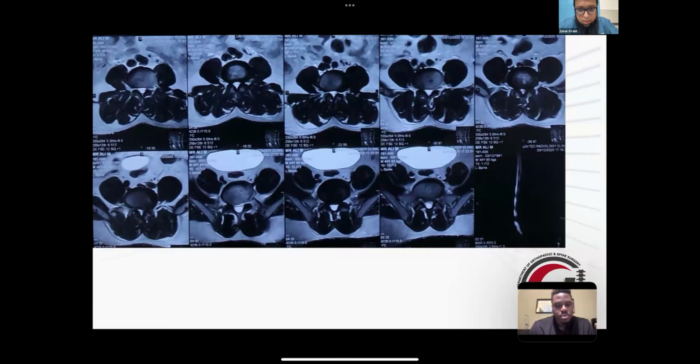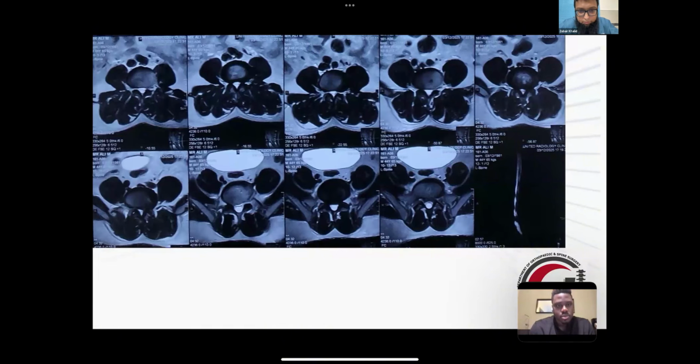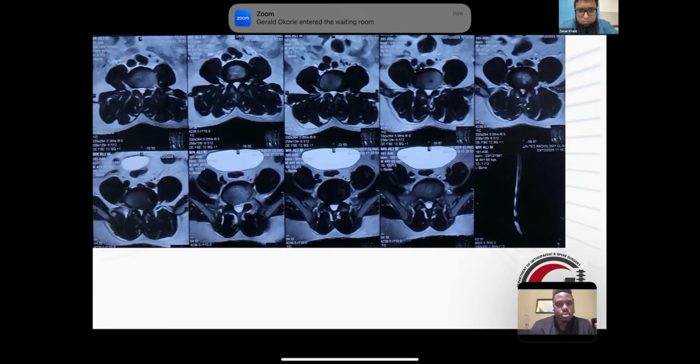With the biportal endoscopic technique, there is great freedom of movement of both hands, the working channel and the viewing portal. As the patient has more symptoms on the right side, I decided to go from the left side. With this interlaminar approach of UBE, we can decompress the right-side foramen very well from the left side, as compared to uniportal endoscopic techniques.